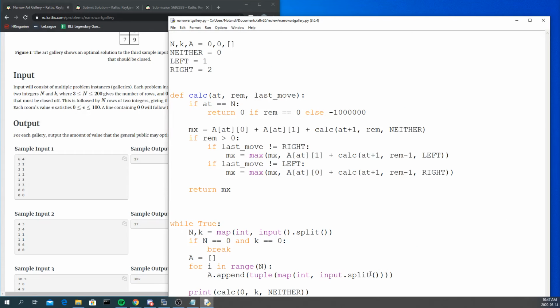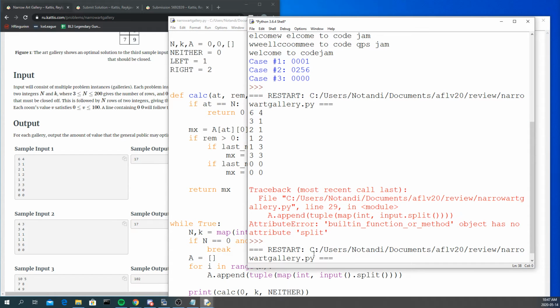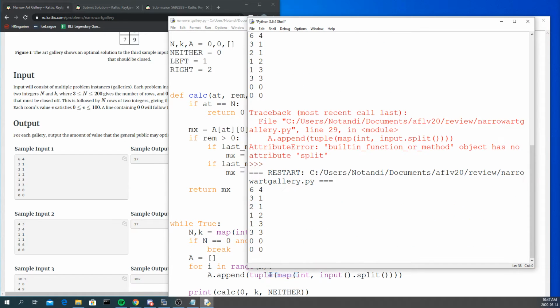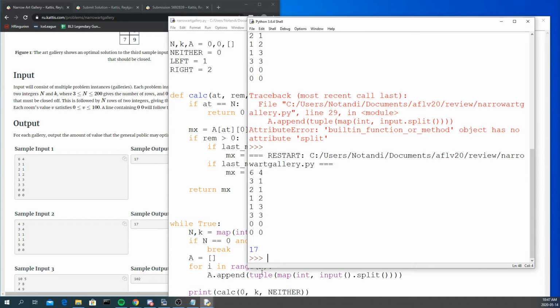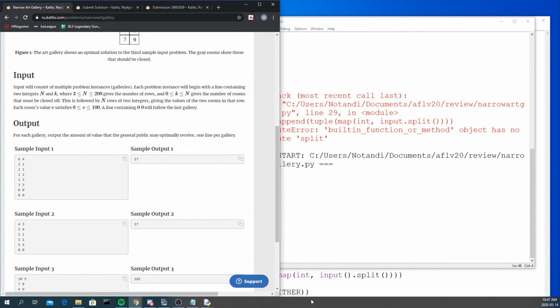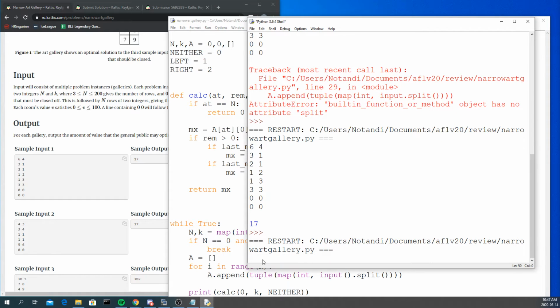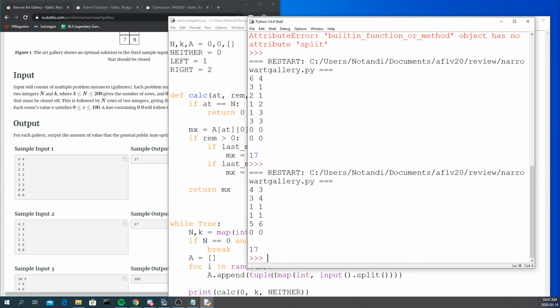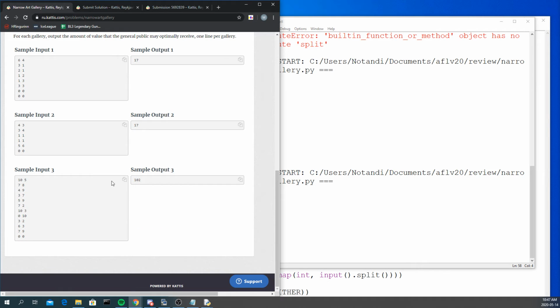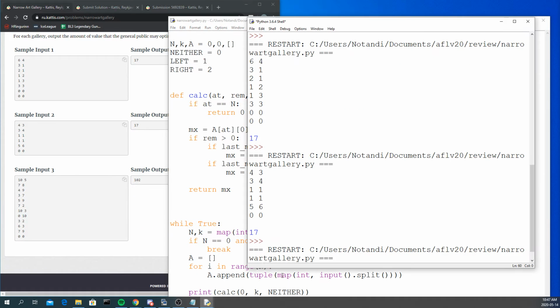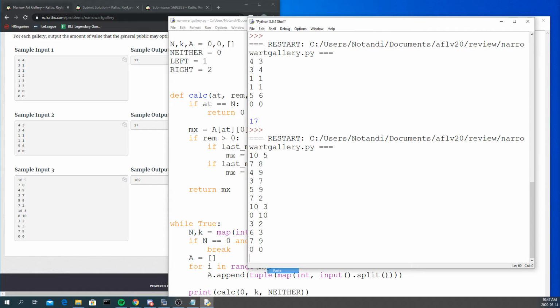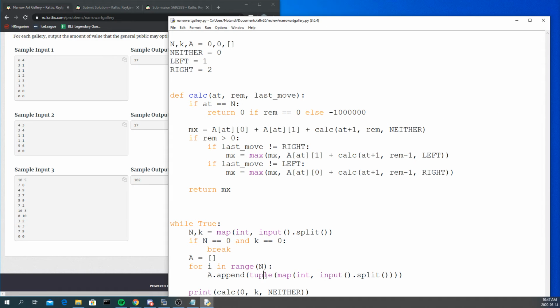I forgot the parentheses here. 17. Okay, good. Also 17. And 102. Okay, so we're making the correct moves. But